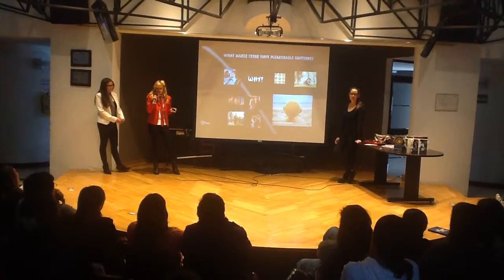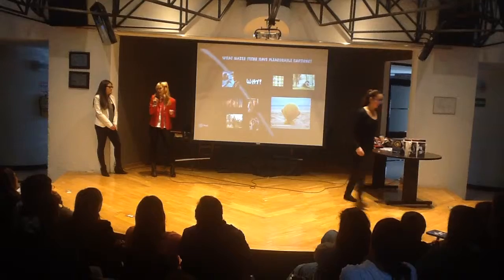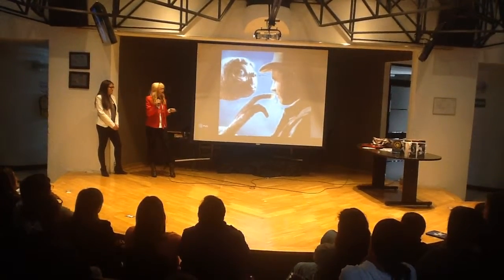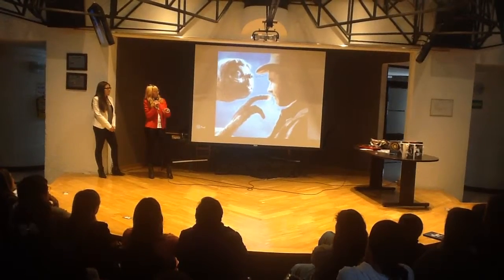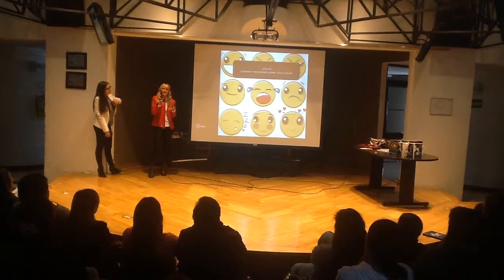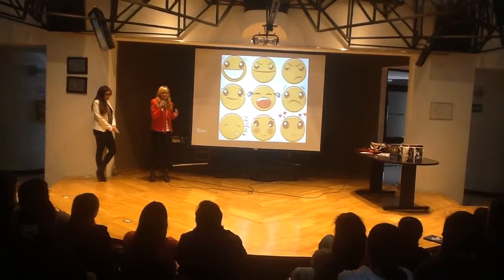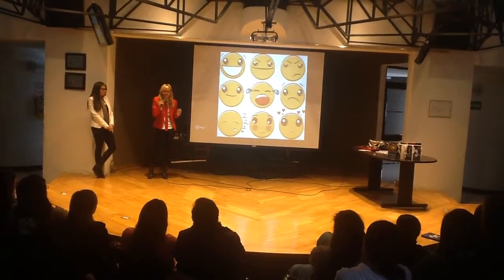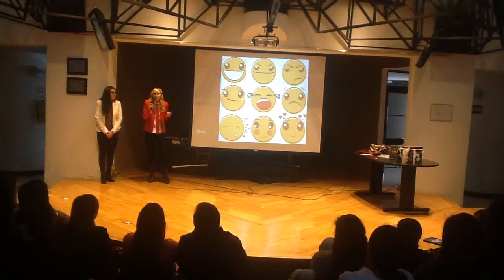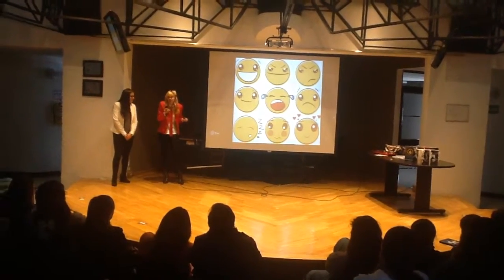So we must ask ourselves, what makes a teenager have pleasant emotions? The answer is actually pretty easy. We just need to feel identified with someone or something. Why? Because this is a stage in which we are having many different emotions. We are going through a lot of changes. So we feel like nobody can understand us. And sometimes nobody can understand us. So when we find someone or something that actually does, we feel at ease.